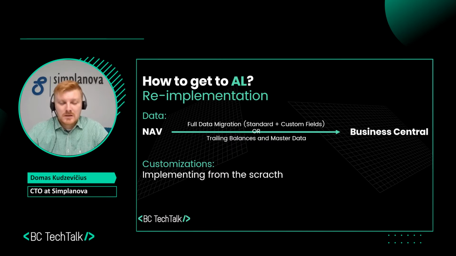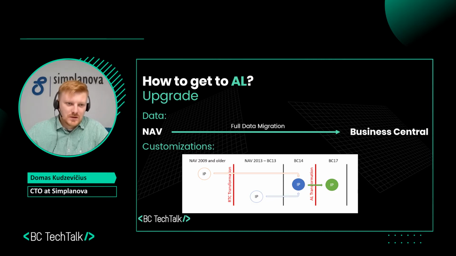Regarding the cost, I think that the question always stays open. What would it end up with? But I believe it might be a bit cheaper if you have a big solution, and it would probably be a bit cheaper than going through the complete upgrade path,